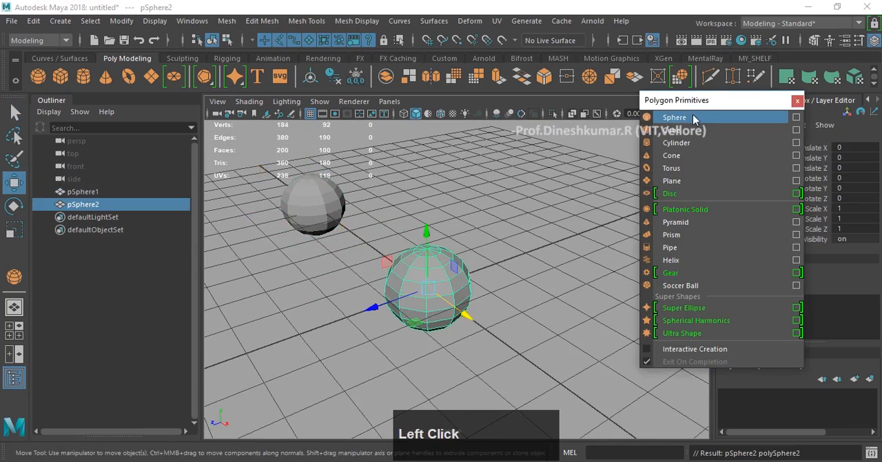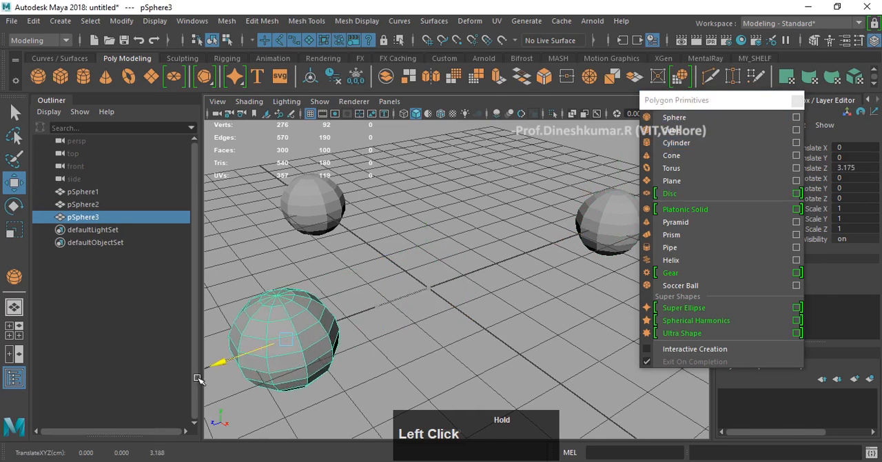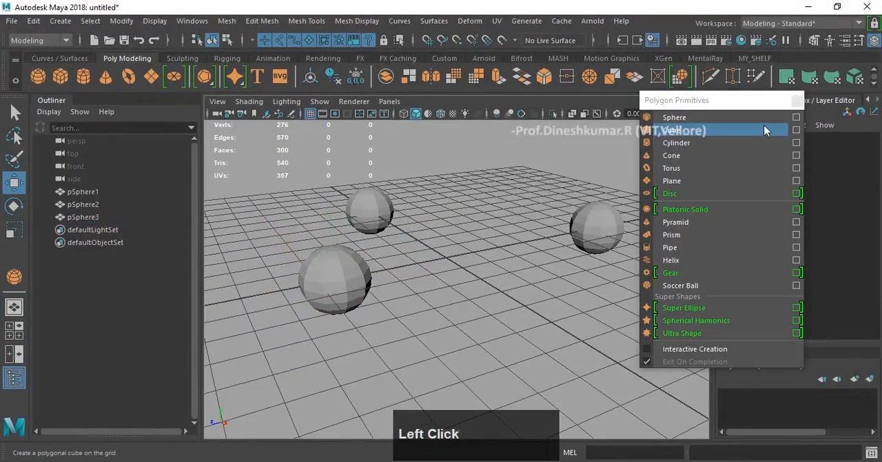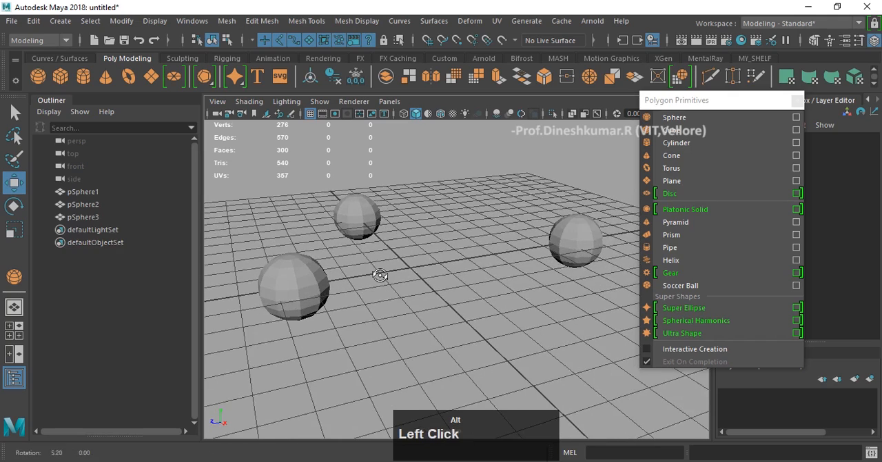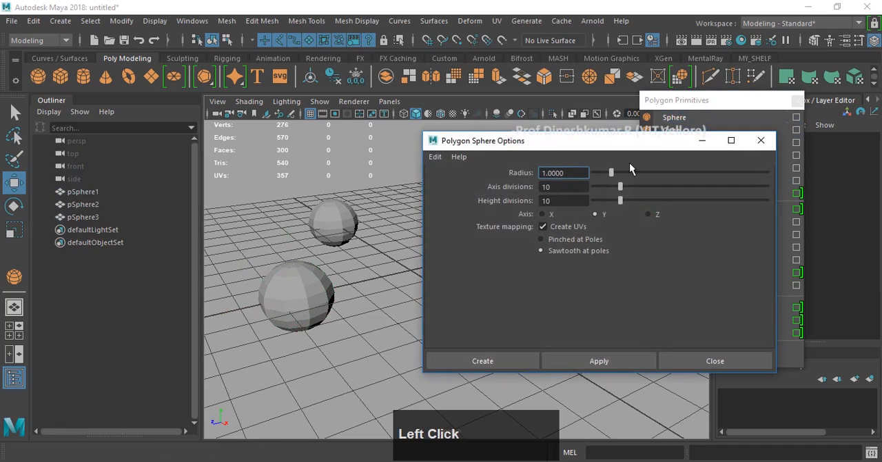Now press the sphere again. Okay. Press the sphere again. Okay. So whatever settings you created, those will be saved. So when you create consecutive spheres, you will get the same settings. And if you feel like you don't want that to happen, then please go to your sphere option box, and